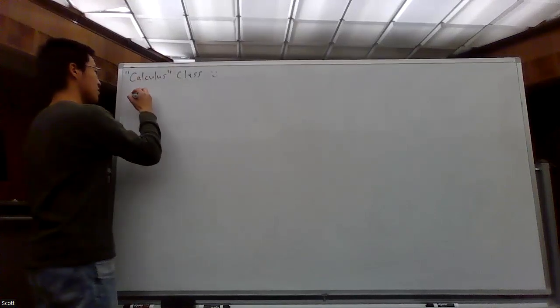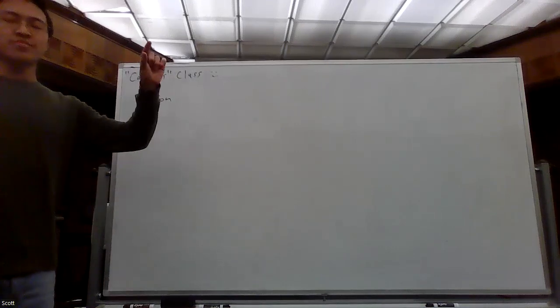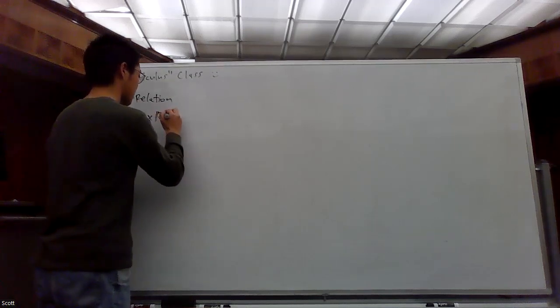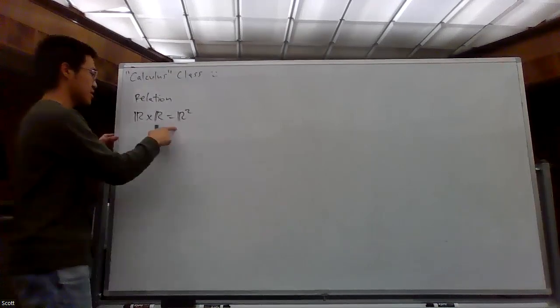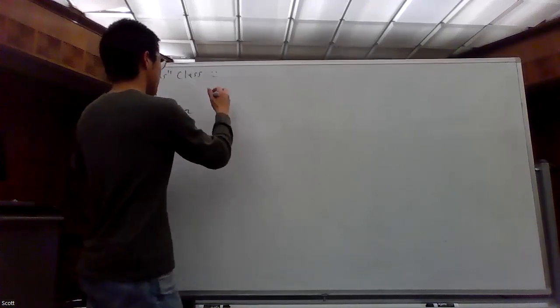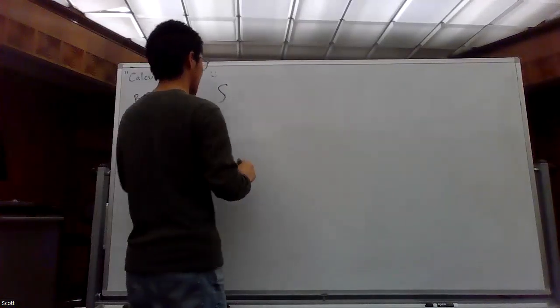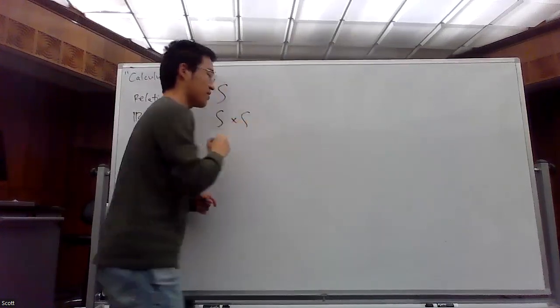All right. There's something called a relation. Do you guys know what a Cartesian product is? Okay, you don't realize you know what it is. I remember the term: R cross R gives R2. So it's the set of reals cross the set of reals. This is going to generate ordered pairs where you have some real number. So the idea is suppose we have some set, we call that set X. Now what's going to happen is we're going to take the Cartesian product of the set with itself.